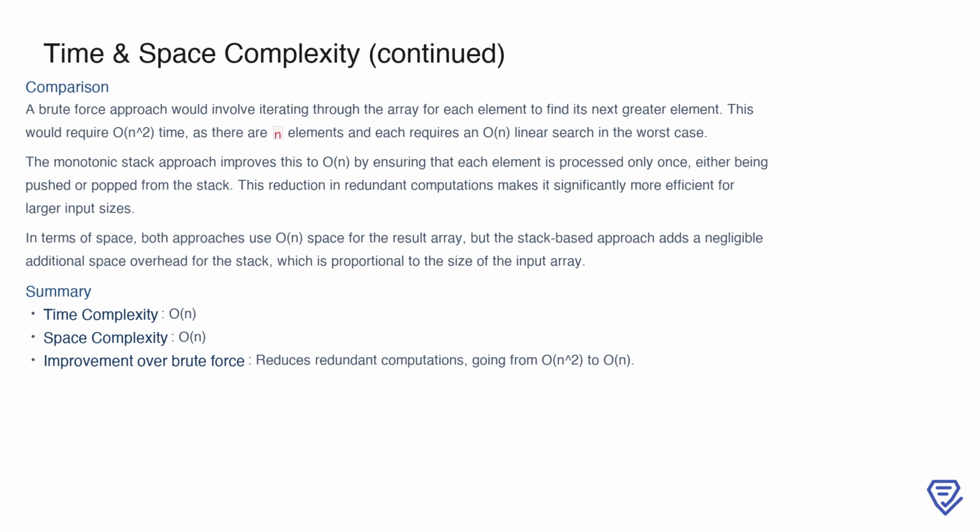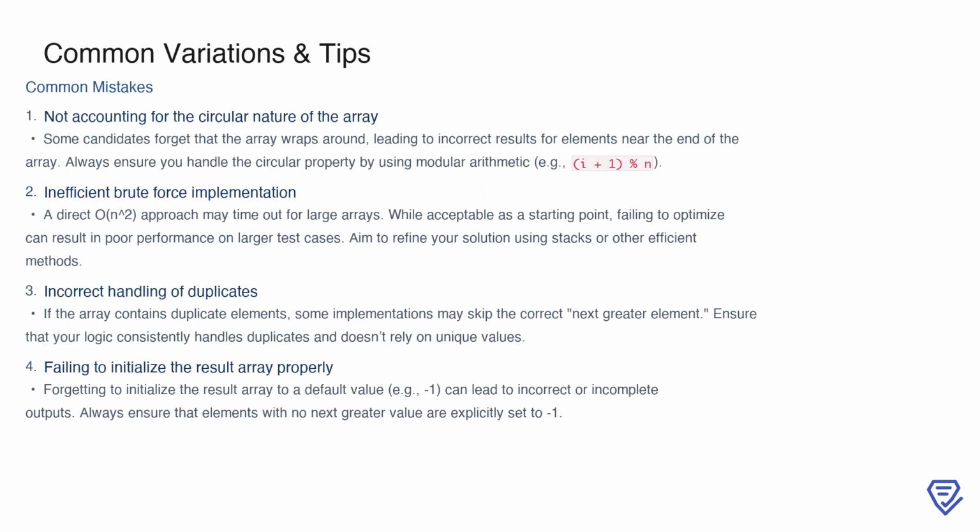This makes the stack-based solution both time-efficient and space-efficient, with an overall time complexity of O(n) and space complexity of O(n). When solving this problem, there are some common mistakes to watch out for. First, it's essential to account for the circular nature of the array. Many candidates overlook this and end up with incorrect results, especially for elements near the end of the array. To handle this properly, modular arithmetic, such as (i+1) % n, can ensure you wrap around to the beginning of the array